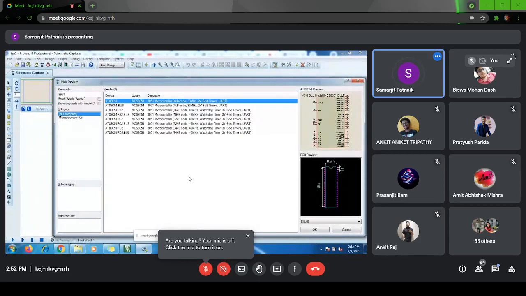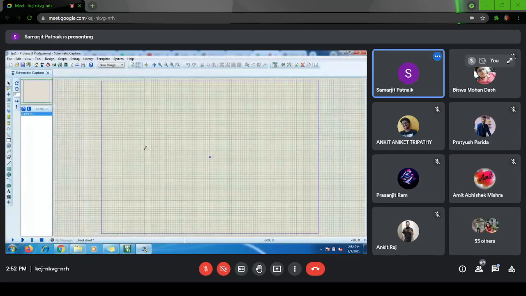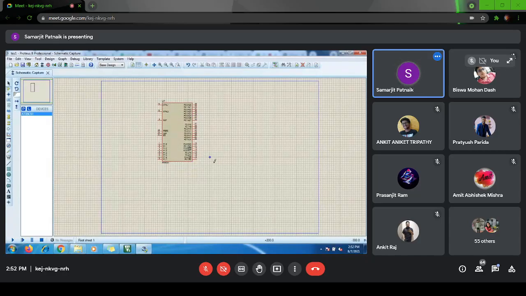So once you find this AT89C51, just select that and select OK. Then put it somewhere on the screen on the schematic. So this is your 8051 controller.